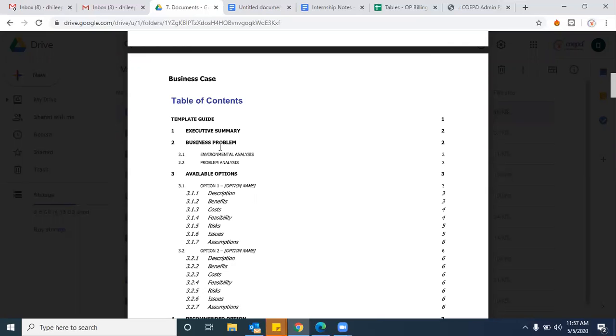So first of all, you need to understand what sort of environmental issues are there. Even that we need to discuss. It is applicable only if the existing business process is affecting the environment, some environmental issues. Then only you can add these environmental issues, otherwise you don't need to bother about it. And then the actual problem analysis.